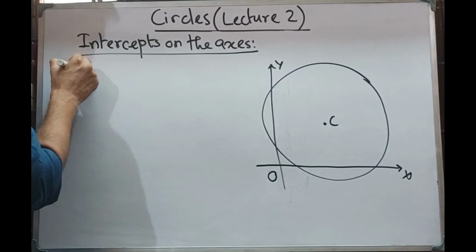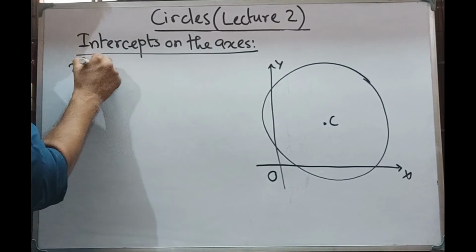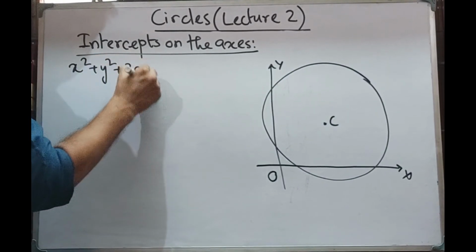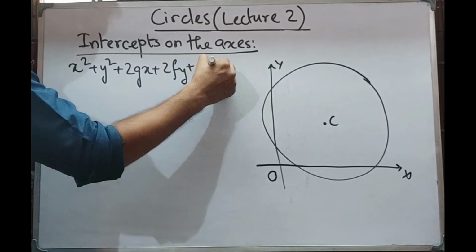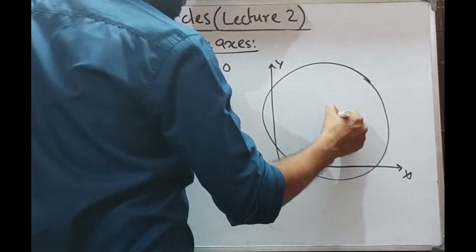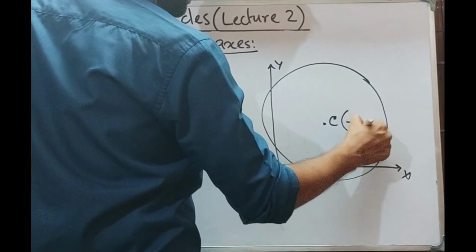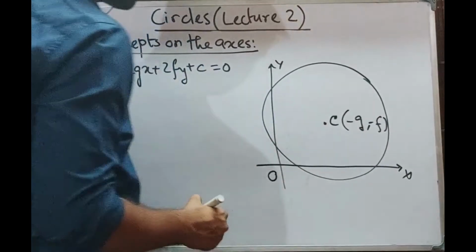So let me consider the equation of the circle as x square plus y square plus 2gx plus 2fy plus c is equal to 0,